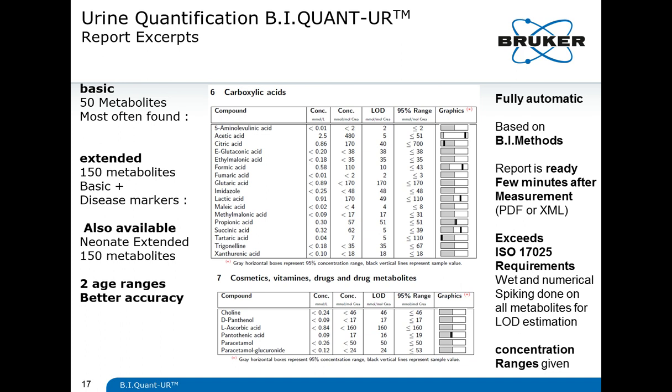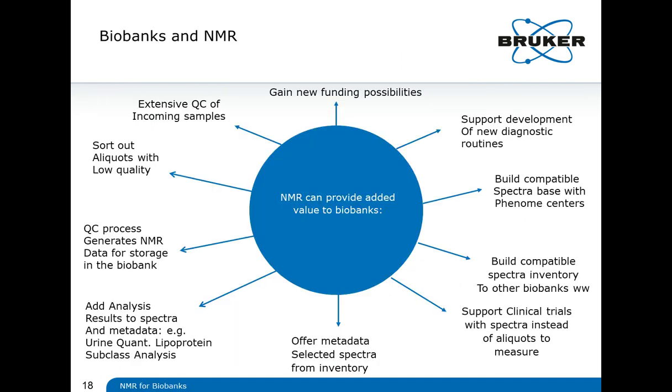You see the ones which have been identified. For each of those, the DIN isospiking has been done, but we also have a special version of what we call electronic or numerical spiking to further identify correct LODs. You see the 95% range that we have in our model data set. And you see absolute and relative concentrations relative to creatinine.